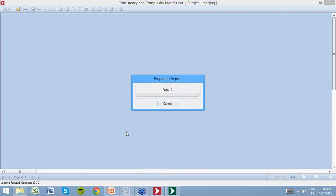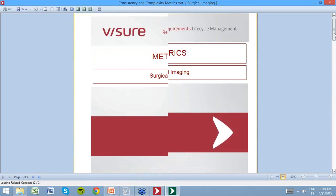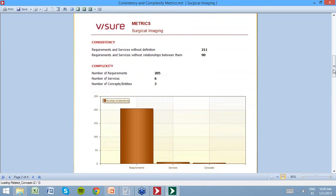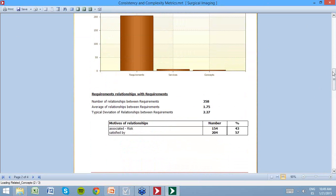So the reports can be generated on demand and can be generated in batch mode. This means that we can leave the templates available to the users, but we can also ask Visure to generate the reports automatically at some point. So for instance, we can generate every Monday morning a report with a project status, or every 2 weeks, or anything like that. This report is showing the consistency, requirements and services without a description, number of requirements, the number of traces,